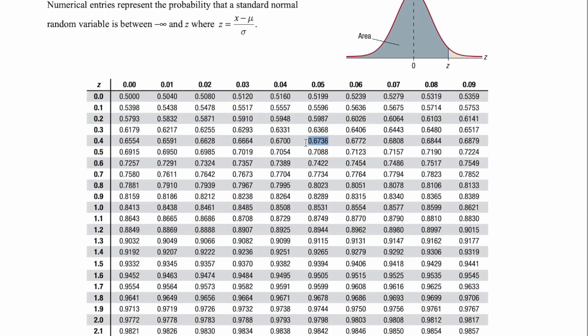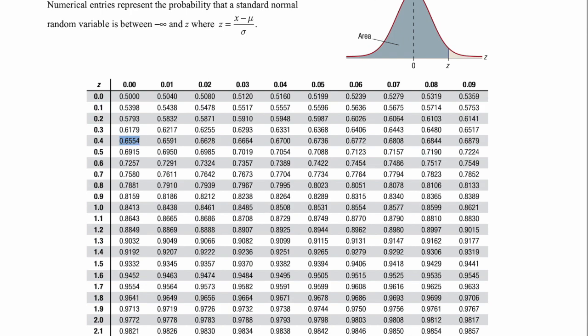I would use that value right there as the area under the curve on the left. Because our value of Z came out to 0.4 exactly, I'm going to use that my hundredths place is 0. So I'm going to come across here, I'm going to see Z is 0.4. So I'm going to find that my area under the curve to the left of Z equals 0.4 is